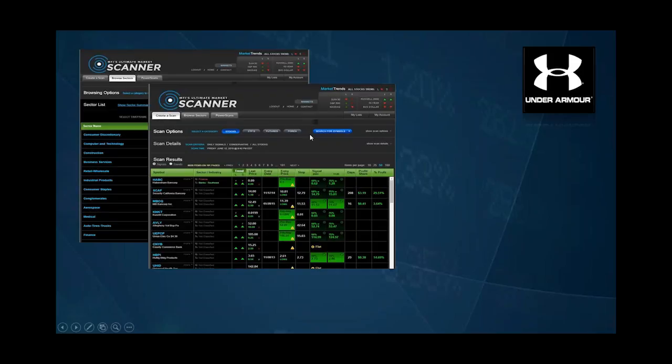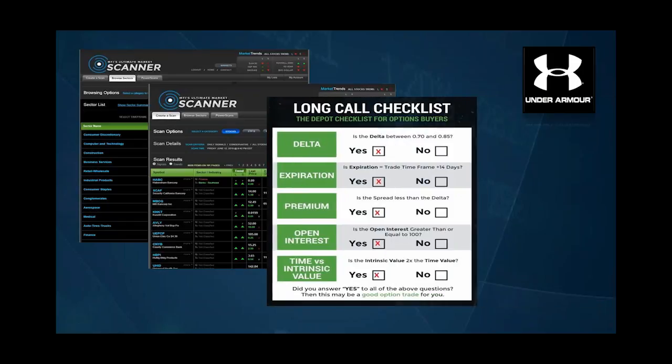Now, as I mentioned before, when we find an opportunity, there's specific criteria that the stock, that the trade, needs to meet before we jump on it. So the next piece we're going to do is pull out what's called our DEPOT checklist. This is something Chris and our team created, something exclusive here to Market Traders Institute. DEPOT is an acronym. It stands for Delta, Expiration, Premium, Open Interest, and Time Value. I've already taught you what Delta and Premium are. We'll absolutely teach you what Expiration, Open Interest, and Time Value are as well.